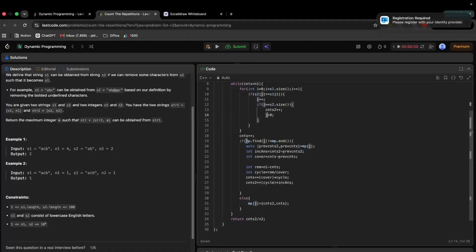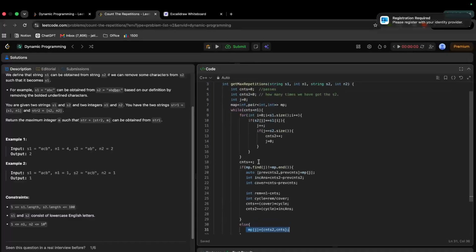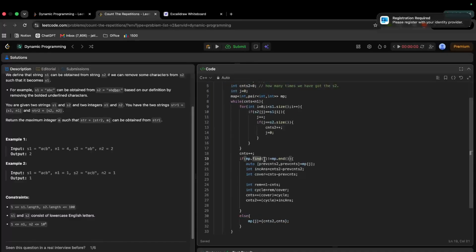So if this is present already in the map, then do this, we will explain you later. And if it was not present earlier, then we will store against this. Okay, if it is present, then on that index,